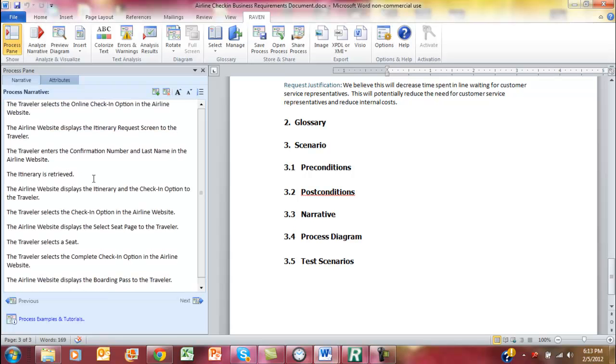I already had a narrative, and I'm just going to paste it in here so you don't have to sit and watch me type this whole long narrative. Here's just a couple things I want to mention as we're looking at this. Raven looks for simple sentences with an actor, traveler, a function, selects, and an object, online check-in option. Period at the end. That's the minimum amount of information Raven requires to be able to understand what that sentence